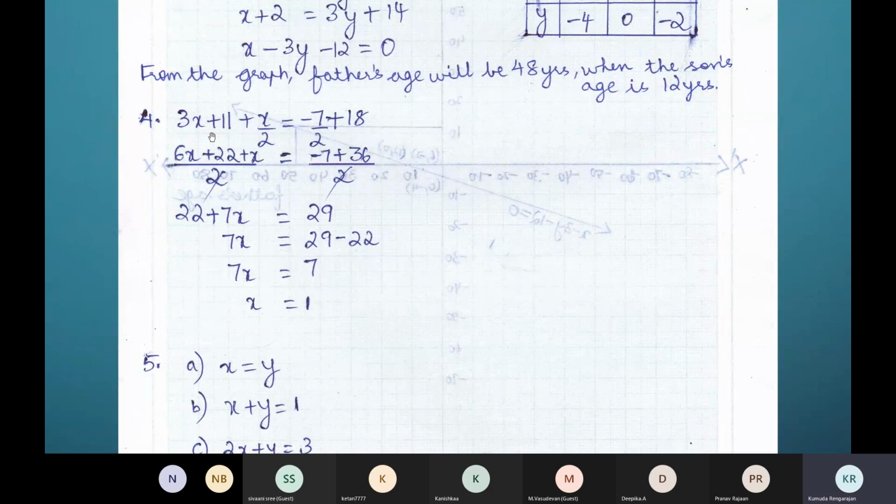You can see it here. So on solving, x is equal to 1. Now, how do you express this equation x is equal to 1 in words? This will be a line. Graphically, x is equal to 1 is a line parallel to the